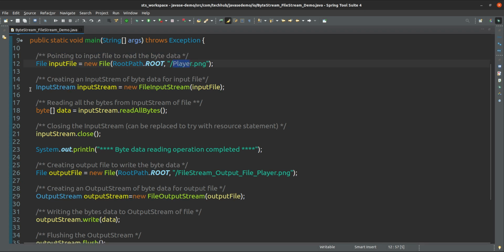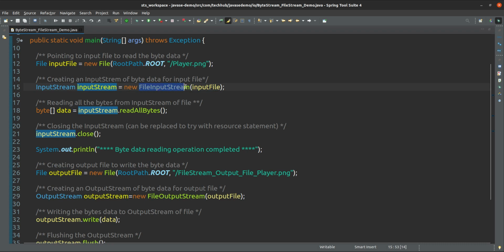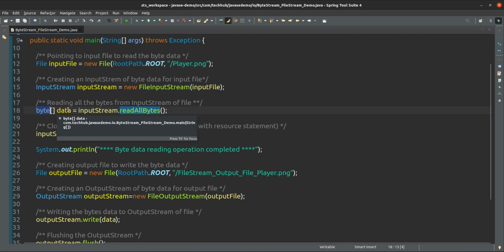For that input file we are creating one input stream: the input stream is equal to new FileInputStream of this input file. After that we are reading all the bytes into this byte array, because this is a byte stream. For a character stream, that would be a character array. For a byte stream, this is a byte array.